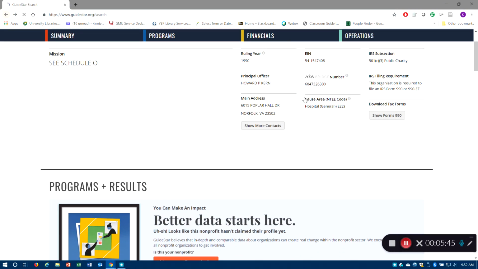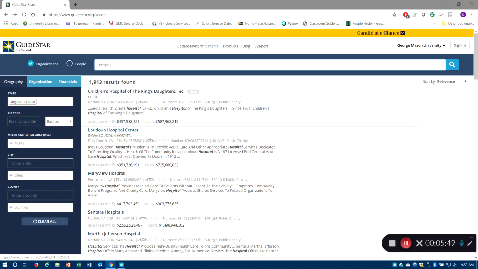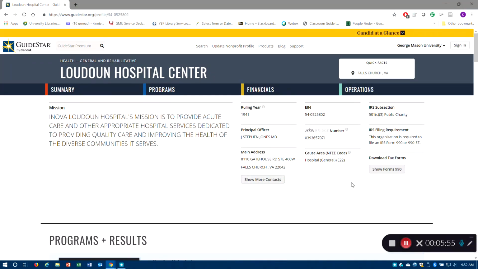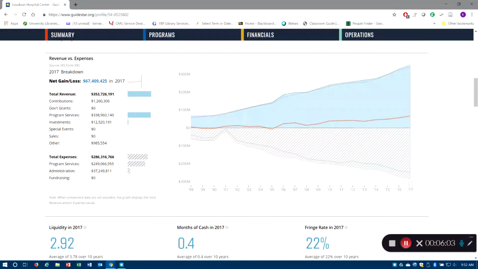Let's go back and see if another hospital, if we look at Loudoun Hospital, this is Inova Loudoun Hospital, does have a mission statement. It gives you information about financials and programs, operations. So this is another place you can look for nonprofit kinds of information. So I encourage you to use IBIS World for industry reports, Mergent Online for public company information, and GuideStar Premium for non